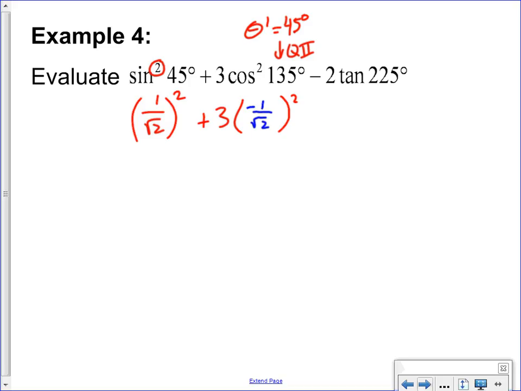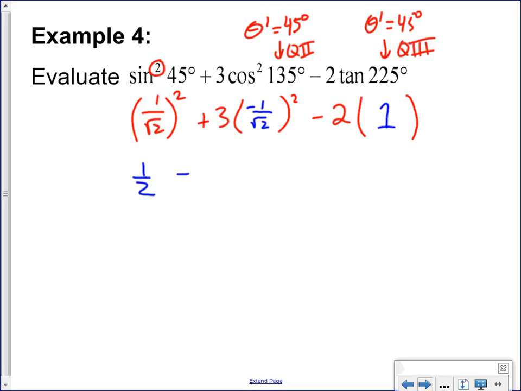Minus 2 tan. Tangent of 225 has a reference angle of, it's still 45. You're in quadrant 3, so it's going to be positive. Tangent of 45 is 1. And since you're in quadrant 3, you just have positive 1. It's not that bad. Squaring this just gets rid of the square root at the bottom. So it's 1/2